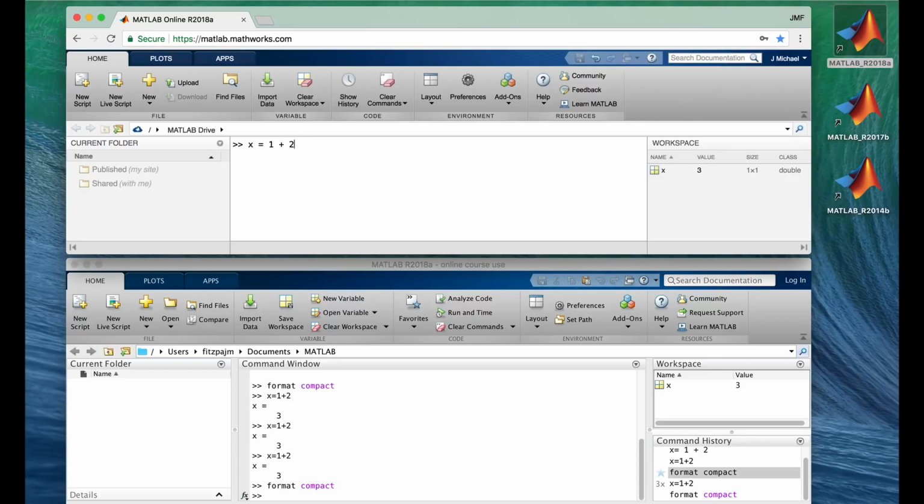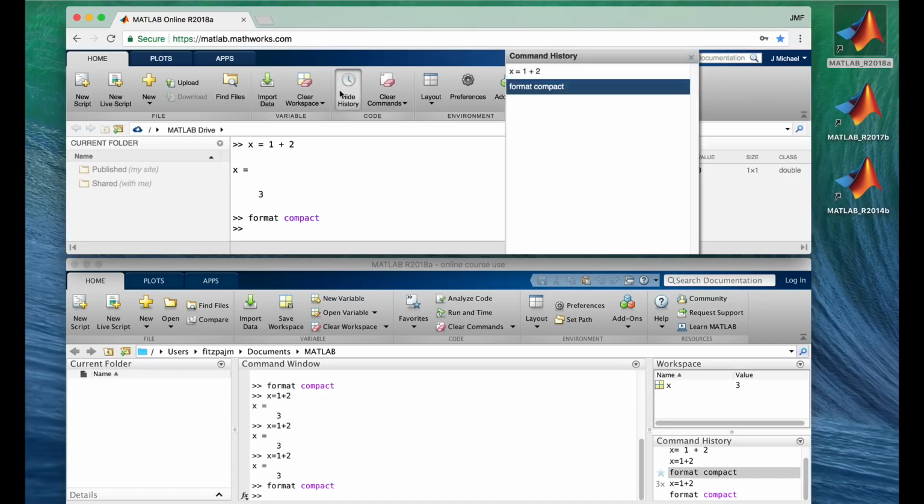There is a difference, though. When you hit the up arrow in MATLAB Online, only one command appears at a time, not the entire history. Okay, I'll hit return to execute it. Ugh, it's still double spacing. Let's fix that. There. When you want to see the entire history in MATLAB Online, you can click up here on Show History,